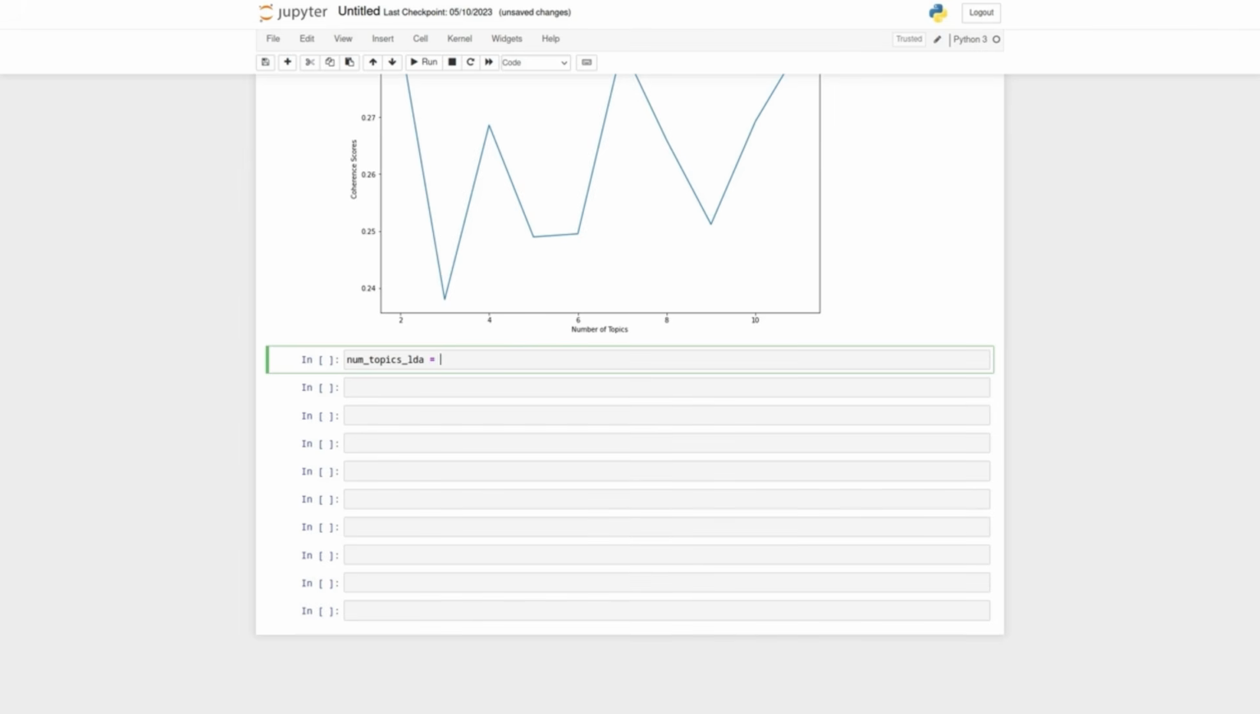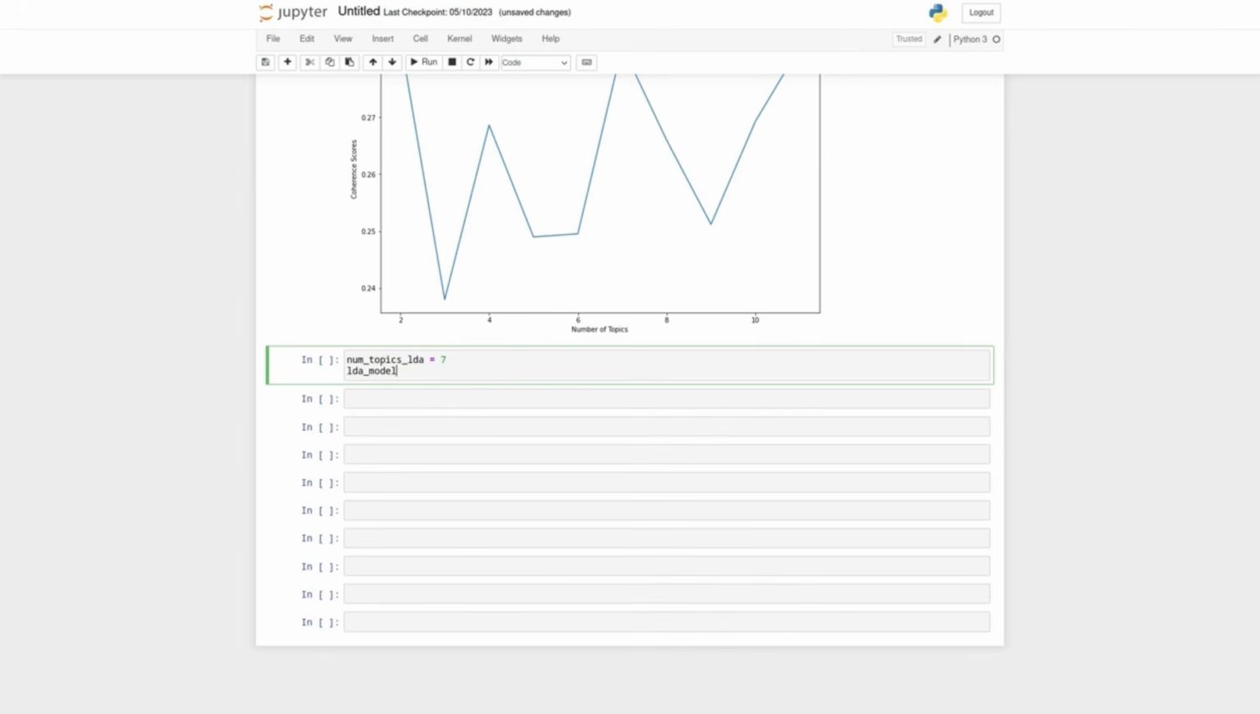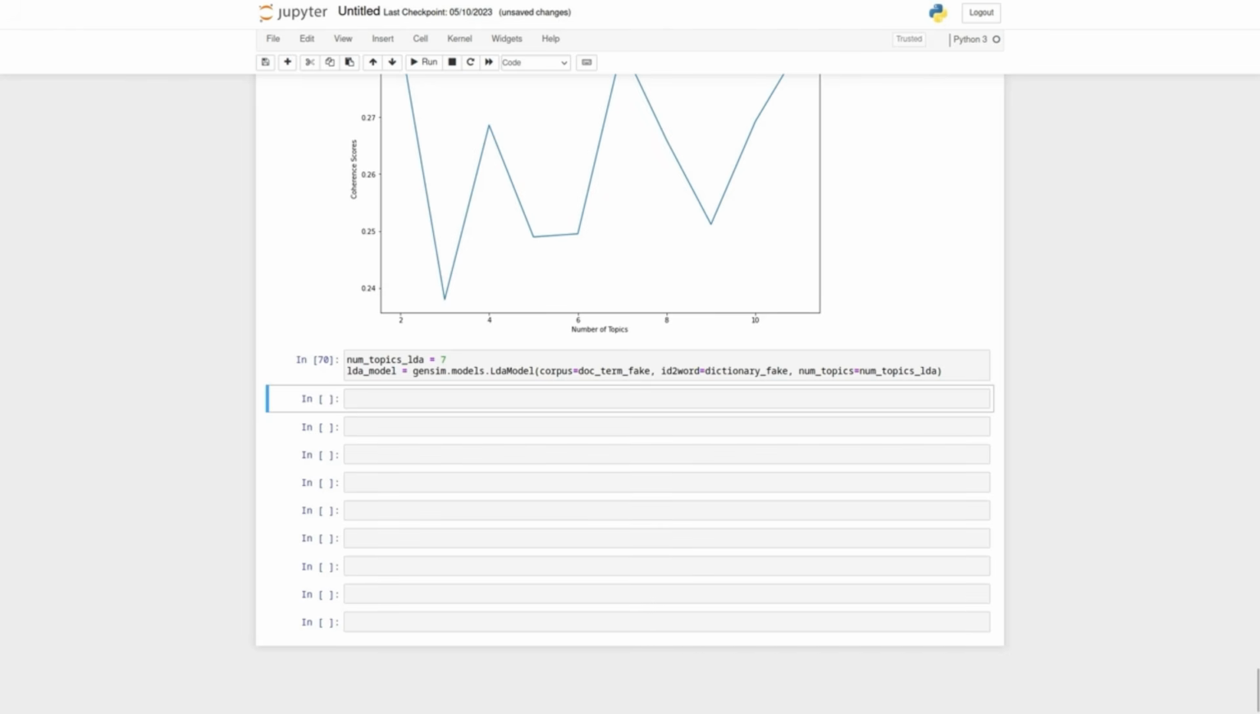We specify the number of topics that we've chosen to be 7. We then create our LDA model. We use gensim.models.LdaModel as we used before and reference our corpus, our dictionary, and our number of topics we want to use. We can then use